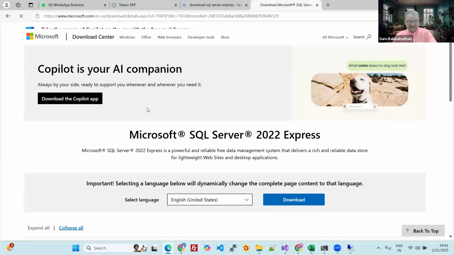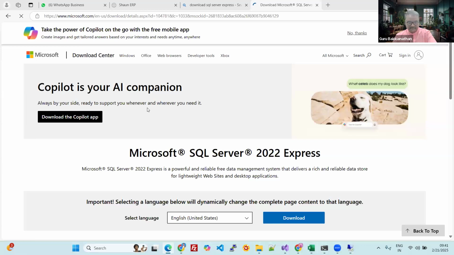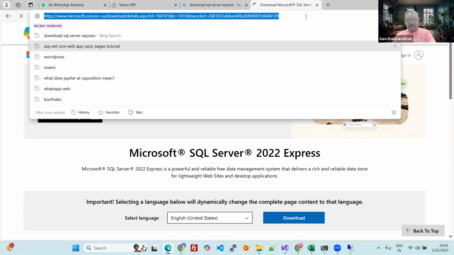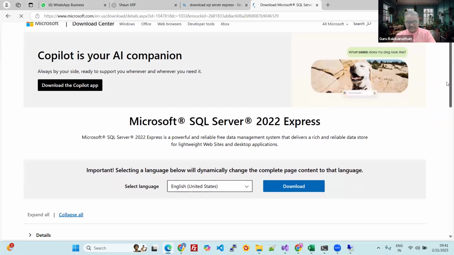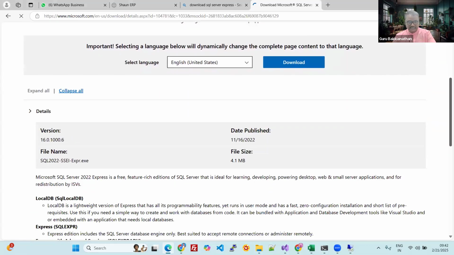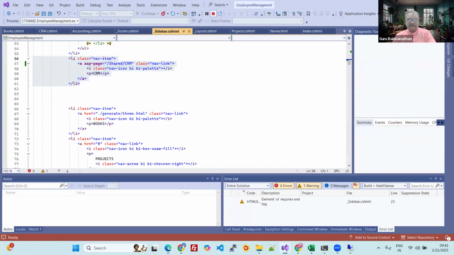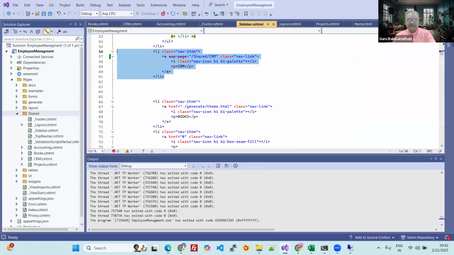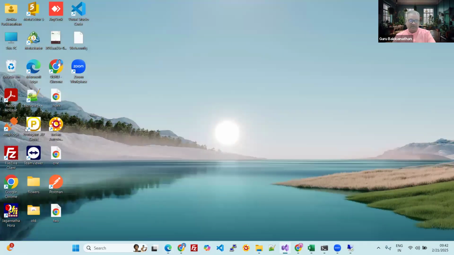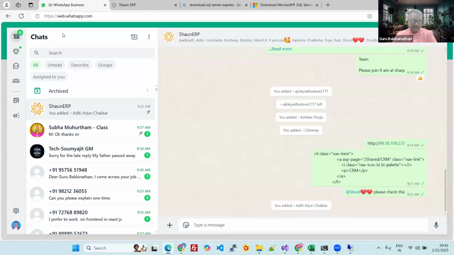So this is Microsoft SQL Server 2022 Express. The Express is free for testing environments. Okay. So you need to install this in your local server. So you will create tables here, and you will explore how to create tables, add, edit, delete, everything in SQL Server. So today, everyone install the SQL Server Express